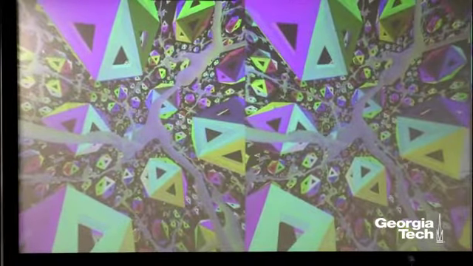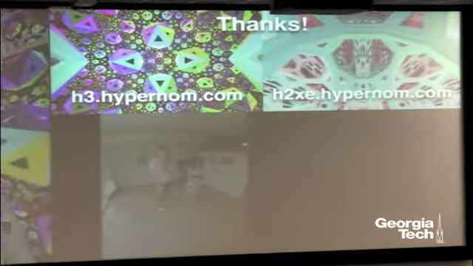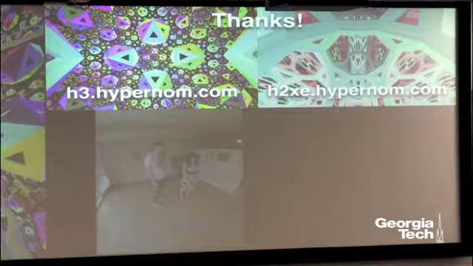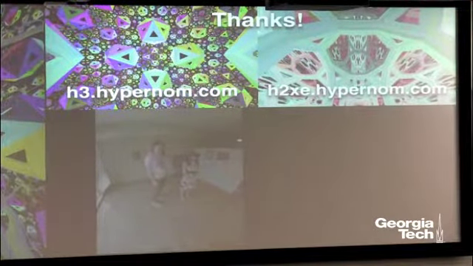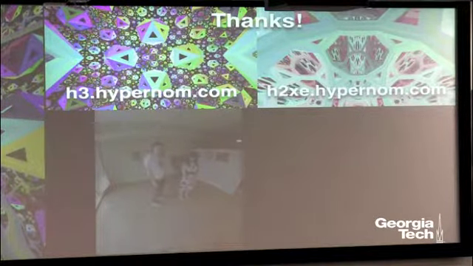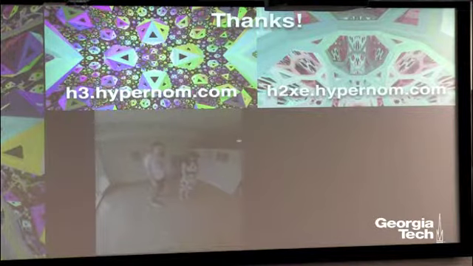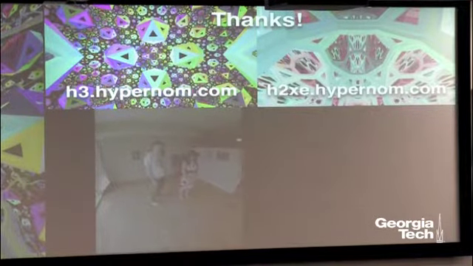So the last thing I'm going to point out is these are available on the web. If you happen to have an HTC Vive at home, you can run the full simulation. If not, you can go to these websites on your smartphone and use the gyroscope inside it to look around the space. And if you want to move forward, you just touch the screen.